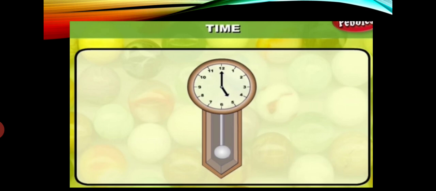Students, you can see in this clock, there are two hands. One is a bigger hand and one is a shorter hand. Again, you can see some numbers in the clock. Read the numbers 1, 2, 3, 4, 5, 6, 7, 8, 9, 10, 11, 12. आपको 12 नंबर्स दिख रहे हैं और आपको 2 हैंड्स दिख रहे हैं.